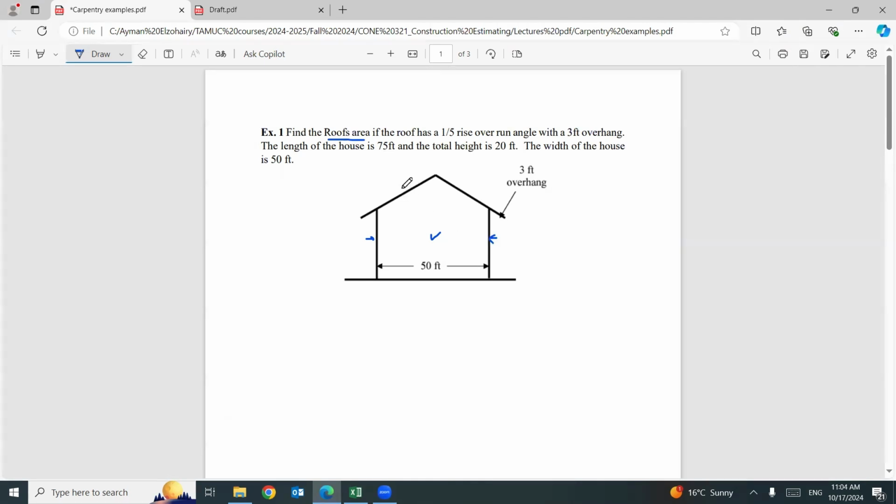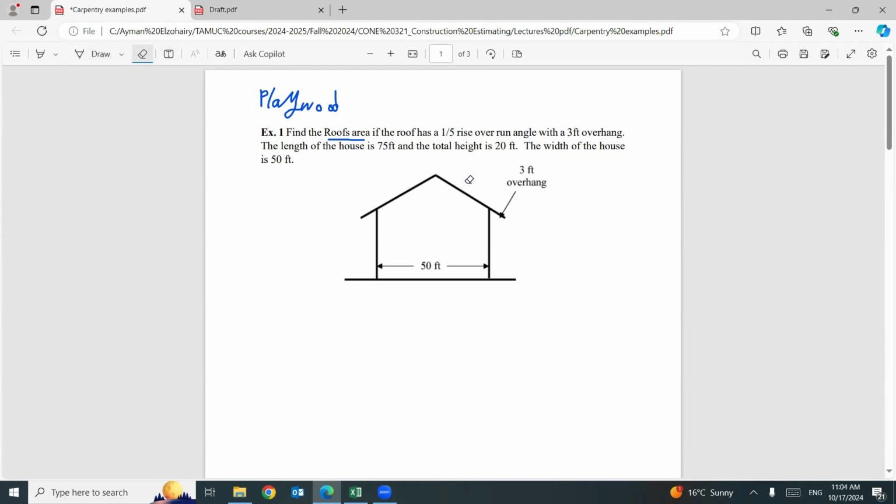Besides the roof area, this roof area, we need to cover all of these surface areas with plywood sheets. So I need to figure out what is the total surface area for this building. Does that make sense? So let's start first with the